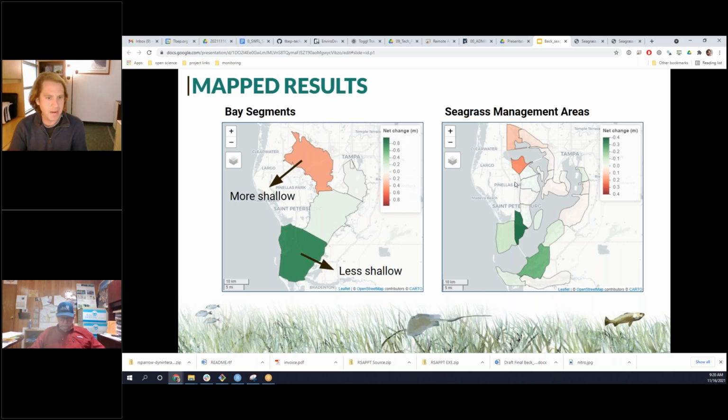This starts to paint a picture that looks a little more like water clarity conditions are driving these changes. And so again, this is showing the net change between these curves, but instead of just taking the differences, I'm actually weighting that change by total area lost within each one of these polygons. And when we did that,